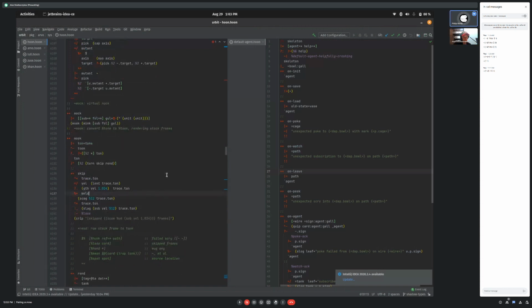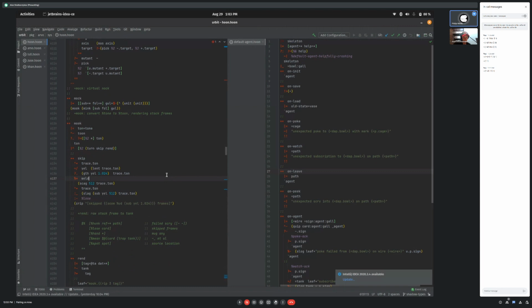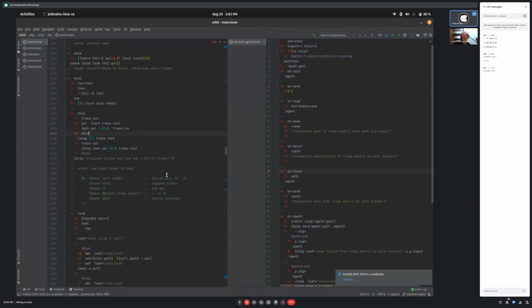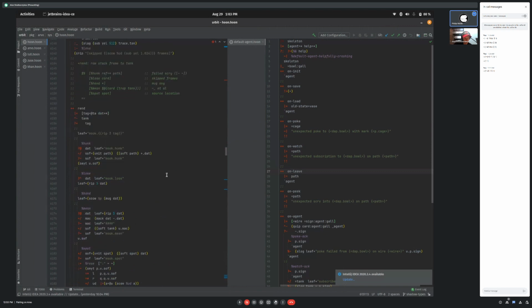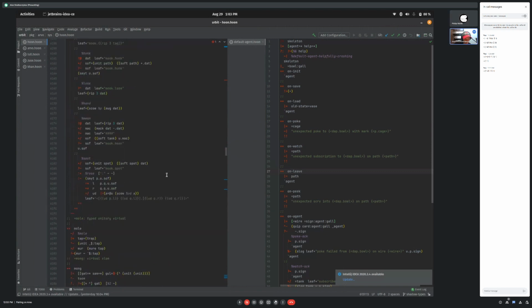So if it doesn't start with the two, then that means there's nothing to print because it's either a raw value or a block. But if there is a stack trace, then it goes ahead and renders it. Okay, so here is where in vere we actually run